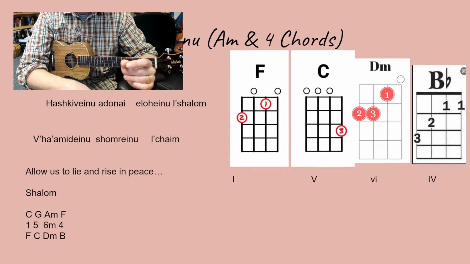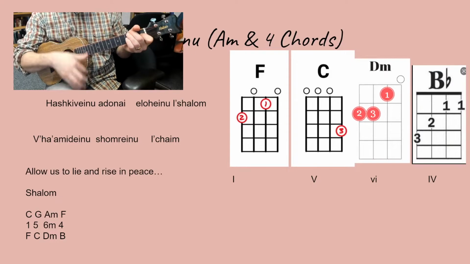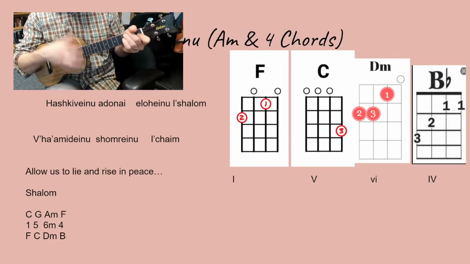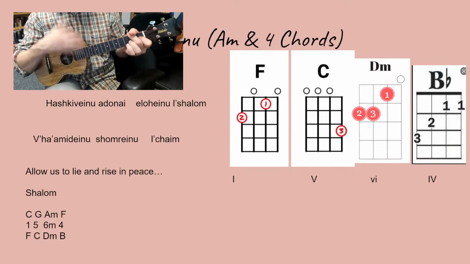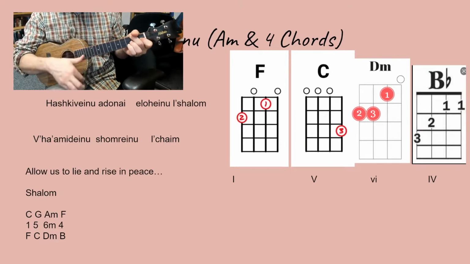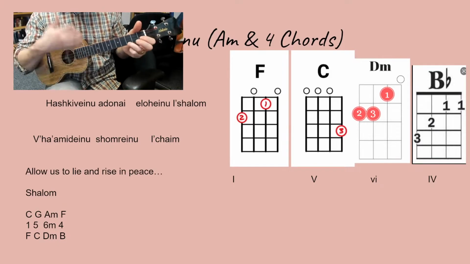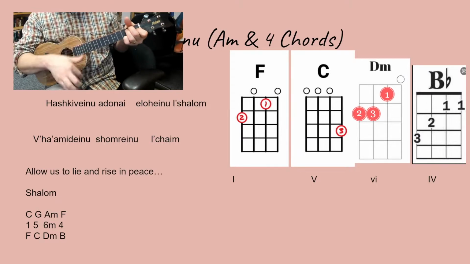Okay, here we go. 2, 3, 4. Down, down, up, down, up, down, down, up, down, up, down, down, up. Okay, here we go. F, C, D minor, B flat,